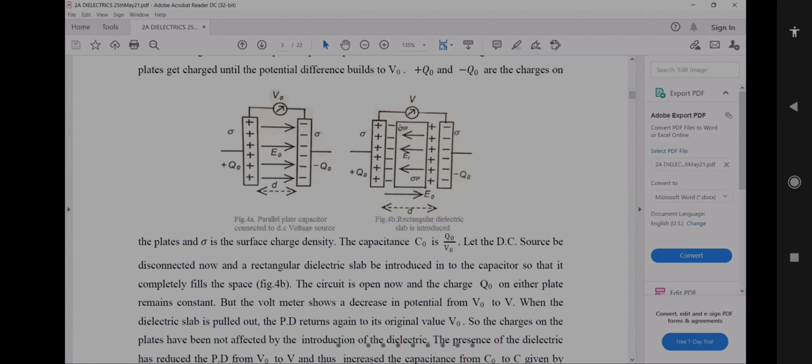So these negative charges get attracted towards which side? Towards the positive charges. Okay, clear. Likewise, the positive charges get attracted towards which side? Towards the negative charges. They are already there on the capacitor plates. So here the negative charges get attracted towards the positive charges of the capacitor plate, and the positive charges within the dielectric material get attracted towards the negative charges. Okay, clear? So then what is the direction?